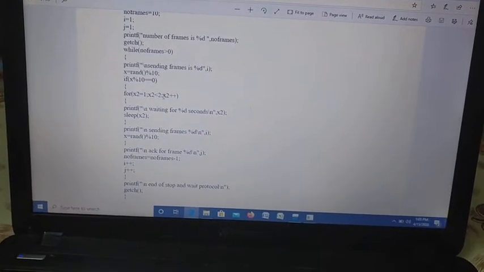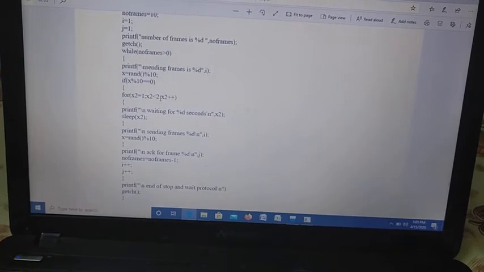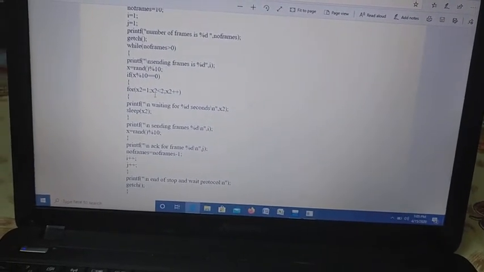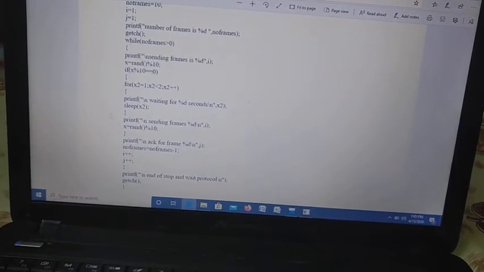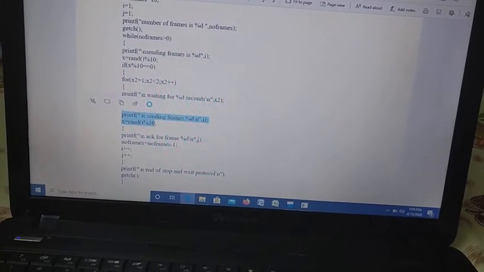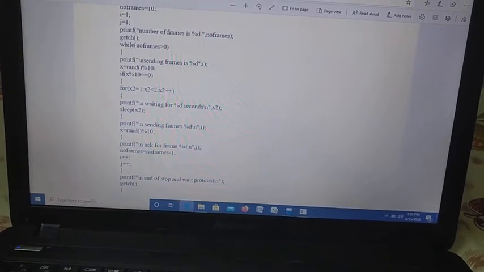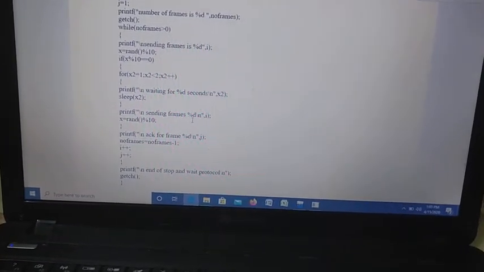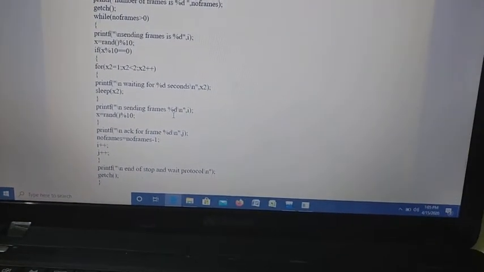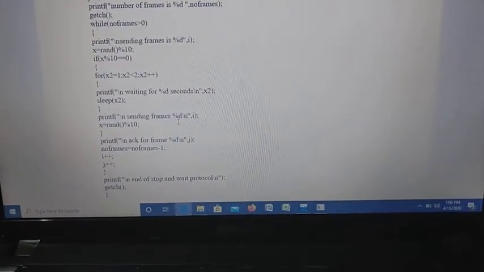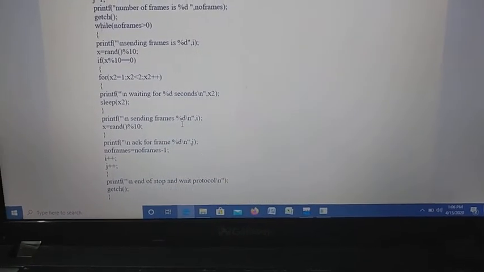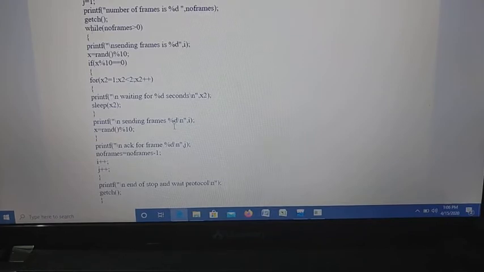Again the x2 value is incremented to 2. So 2 is less than 2, the condition is false. So it will come out of this for loop and execute this statement, that is printf sending frames %d \n. The \n is a new line character, which indicates that the statement is to be printed on the next line, for i. What was the value of i?